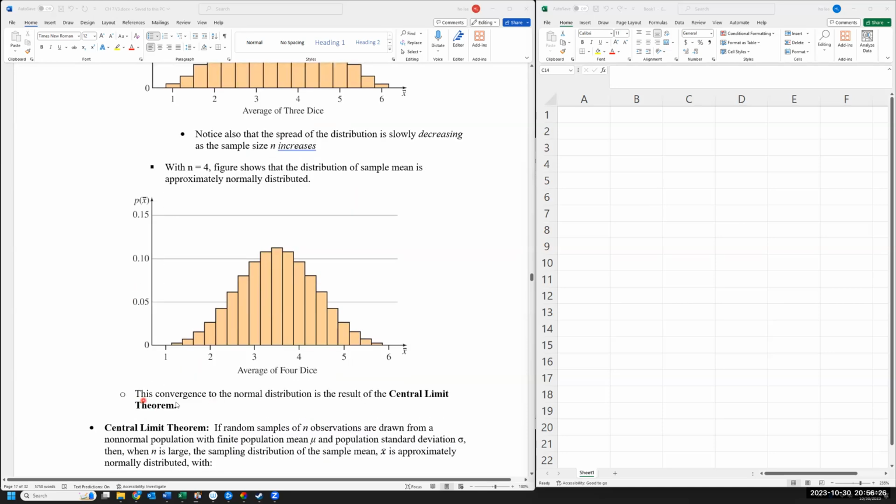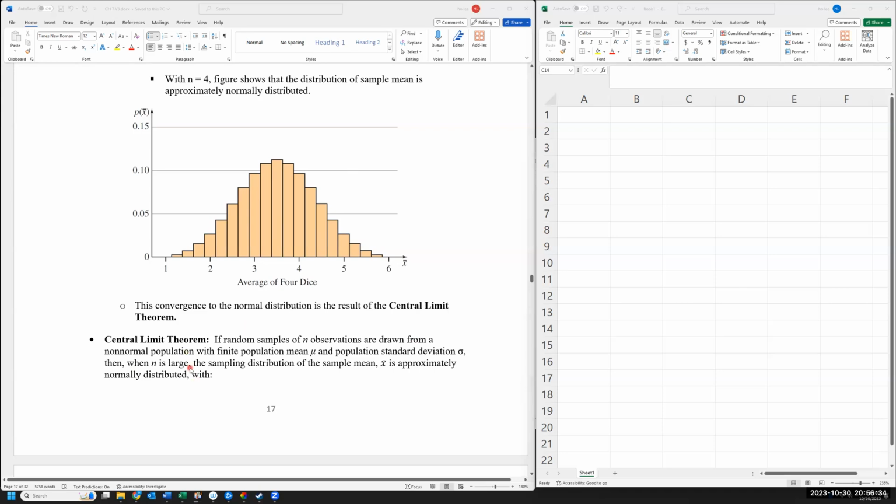This convergence to the normal distribution is the central limit theorem. So here's the central limit theorem, the formal definition. I kind of already told you: if a random sample of n observations are drawn from a non-normal distribution, it doesn't even have to be a normal distribution, with a finite